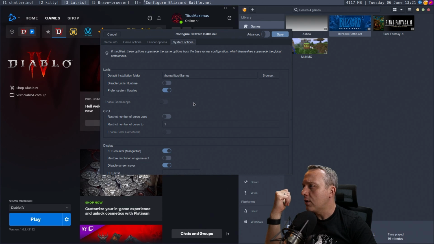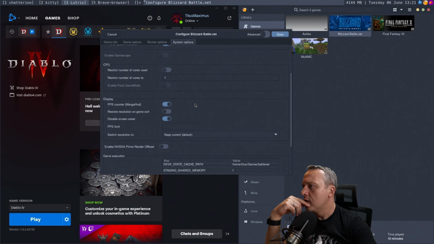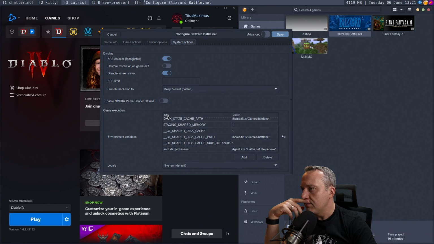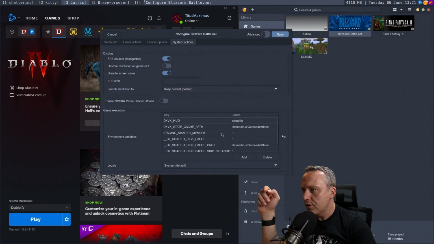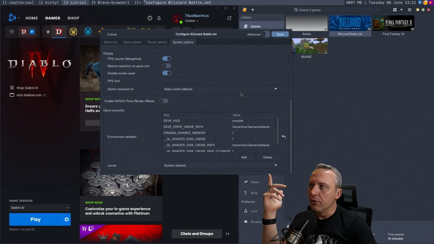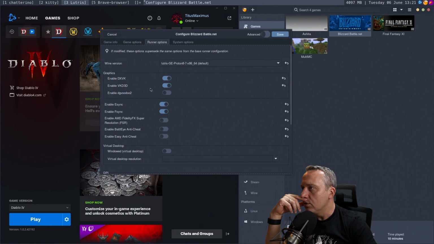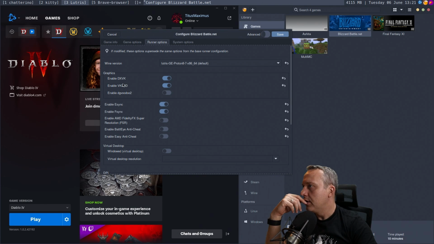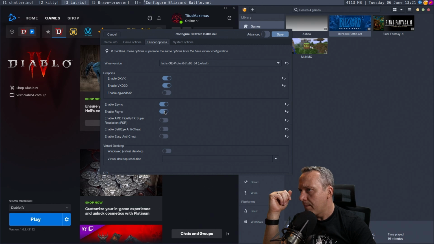All right, we can try removing vsync and that. So we got the FPS counter here. Disable screensaver, sure. I don't care about that. FPS limit, I don't care about either. Looking at our cache, I probably would modify DXVK in the future. VKD3D is the one issue I did have. I think it was version 5.9 and you need to do 5.8 or something on the Steam Deck to get that working. If you do run into that problem, let's